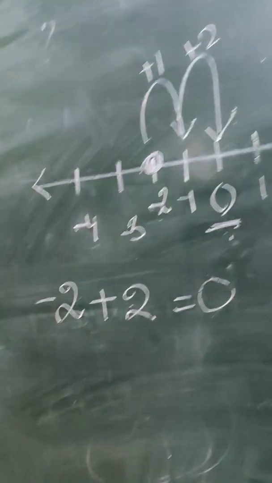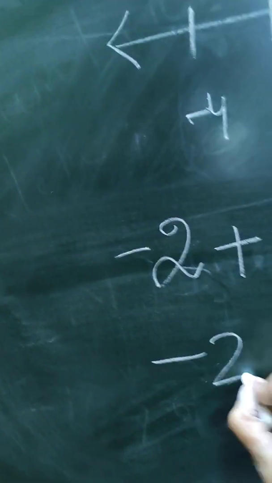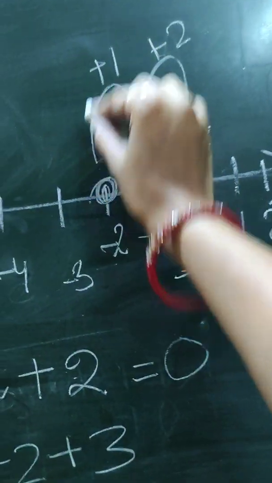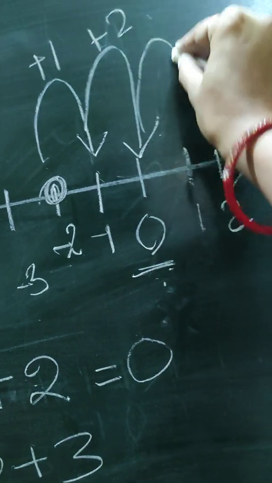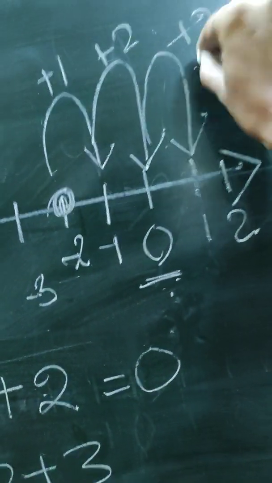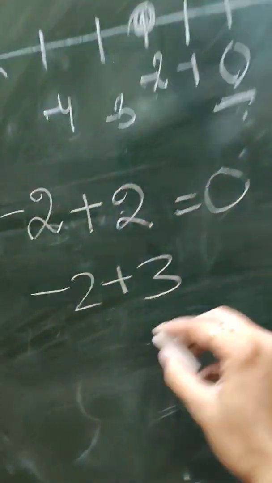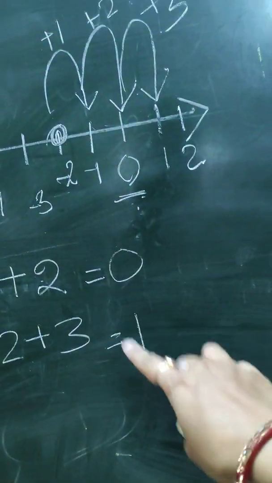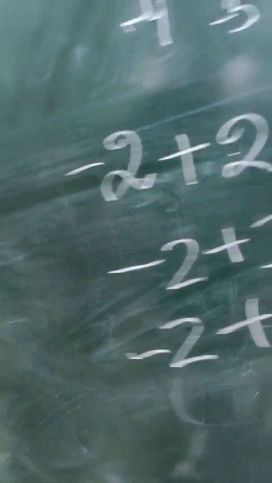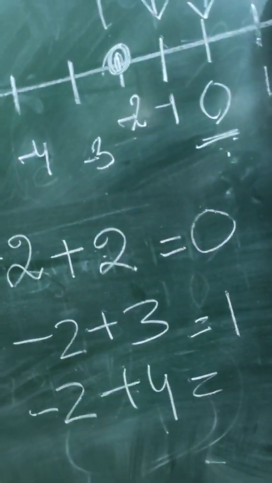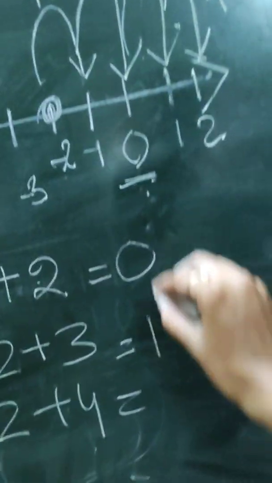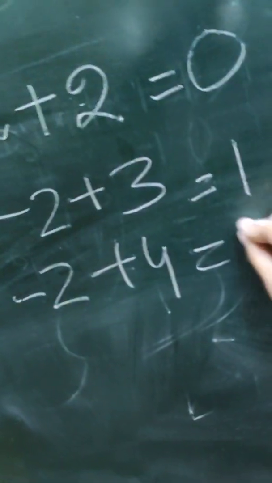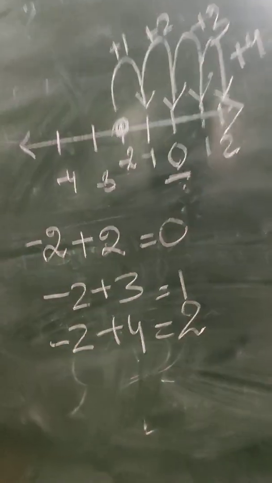For example, I have been given minus 2 plus 3. Next, where do I move? I will move 3 spaces. 1, 2 and again plus 3. Where do I land? I land at 1. I need not write plus 1, because if I am writing 1, it indicates that it's a positive integer. If I am given minus 2 plus 4, again I land over here, that is plus 4, and I get the result, that is 2. That's how addition is carried out.